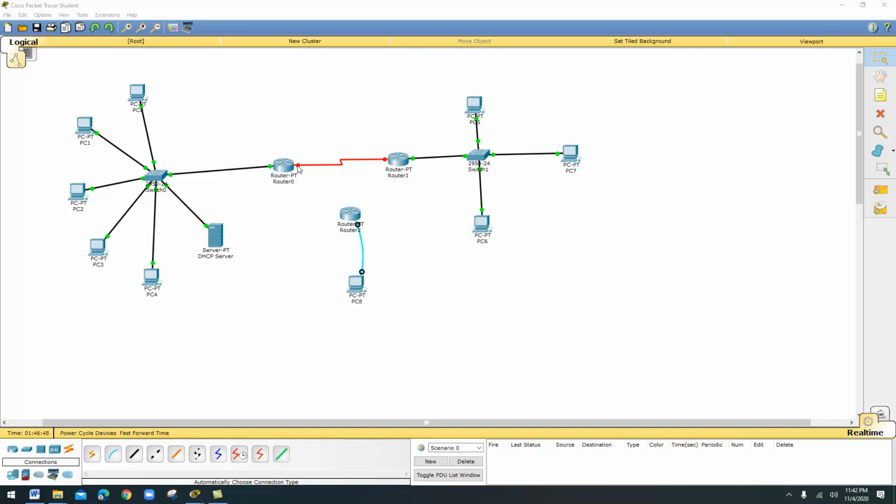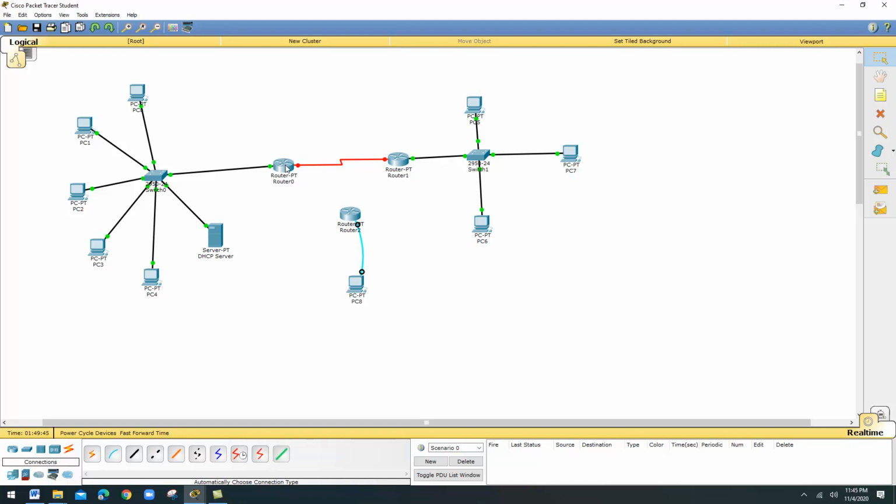You can see I am keeping my mouse on this particular point, and it displays the name of your interface. It is serial 2/0. Both sides I used serial 2/0, so that is the name of the interface, and I am going to use that particular interface.